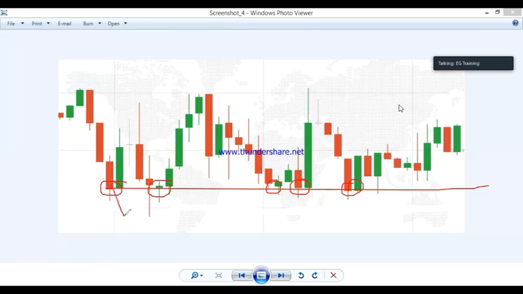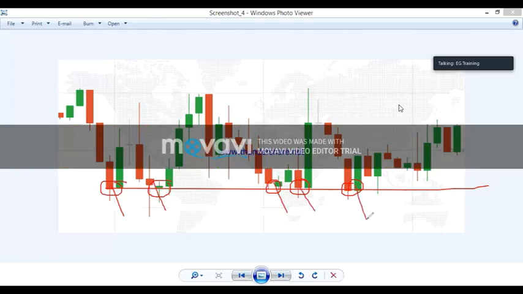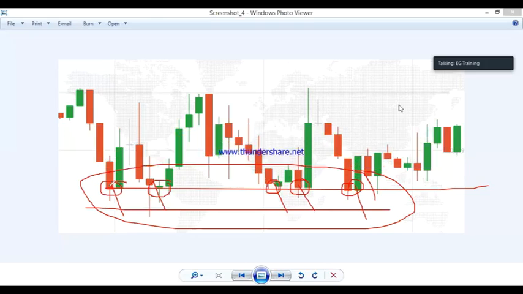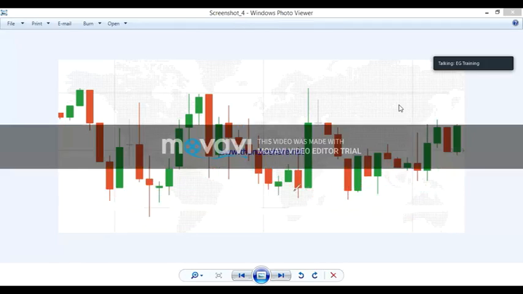If you see this market, it respected first time, second time, third time, fourth time, fifth time. In the 5 times it is respecting this level 100% of the time, right? The market is respecting this level 100% of the time, because there is no breakout or bearish candle at this area. The market closed here, it reversed directly without any breakout.